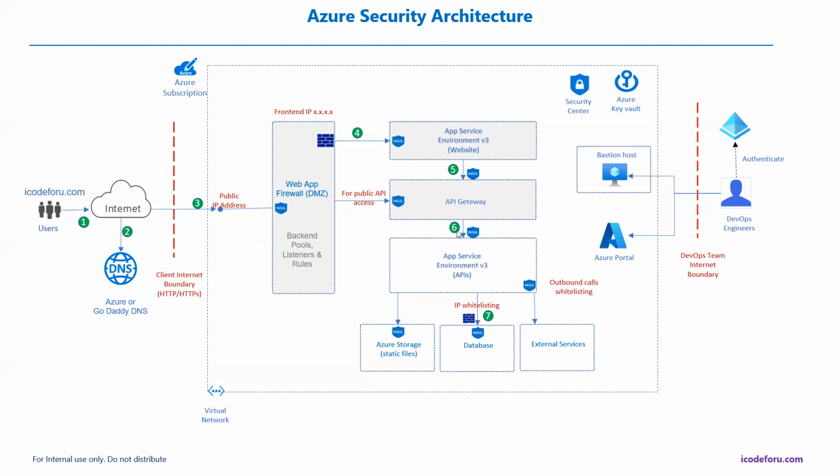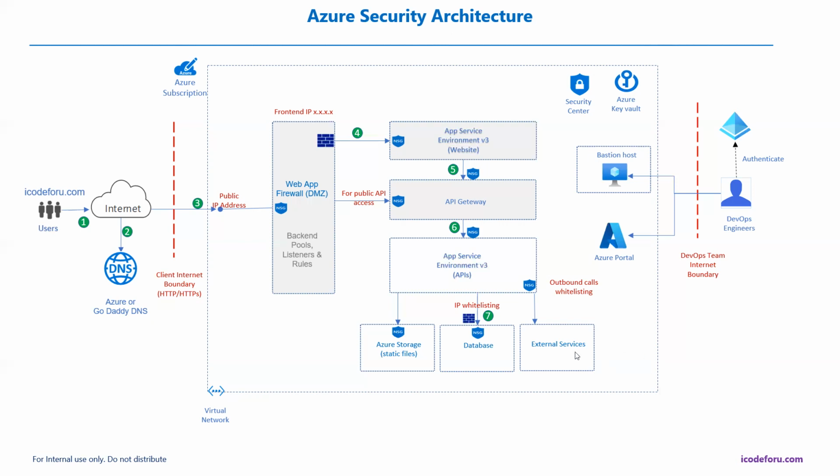So in step 6, the request from the API management comes to the app tier, where all the microservices are hosted in this particular app service environment. Again, inside the app service environment, you can have multiple app service plans, depending on how you want to categorize your services. Let's say if I categorize all the domain services together, I would place them in one app service environment. Depending on the complexity and criticality, we will see how we can segregate those app service plans for hosting the microservices inside the app tier.